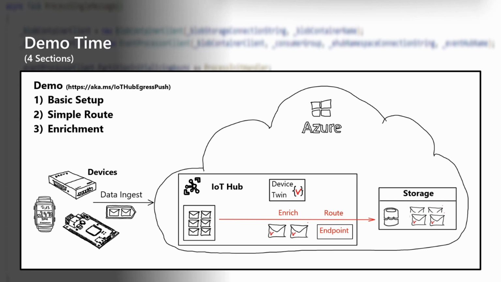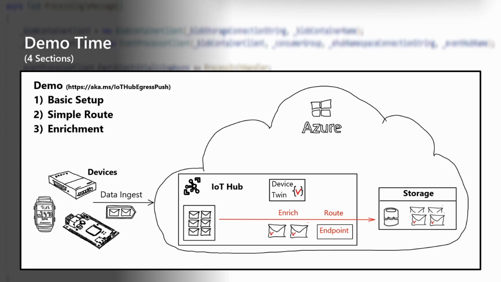But to process this information, we are dumping all of it into a storage account. So let's take the example of artificial intelligence training data. In this training data, we also want to have a cost center and maybe a department ID. So what do we have to do to let IoT Hub do this for us? In the example I've prepared, I want to use the functionality of a device twin to store some information about the device, which is stored inside of IoT Hub. And then let IoT Hub retrieve this information and add it to the messages, which are then routed to the endpoint and finally to the storage account.